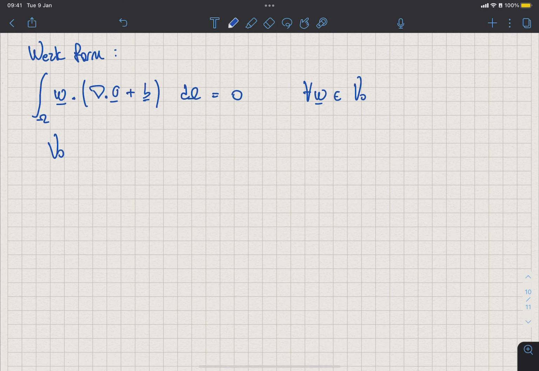Well, we said that V naught is the set of functions, and I call them V because we can use pretty much any symbol, but V is a generic term. So V of X is a vector, and that is the way we express that, for all X in omega, such that Vi, the ith component of that vector,